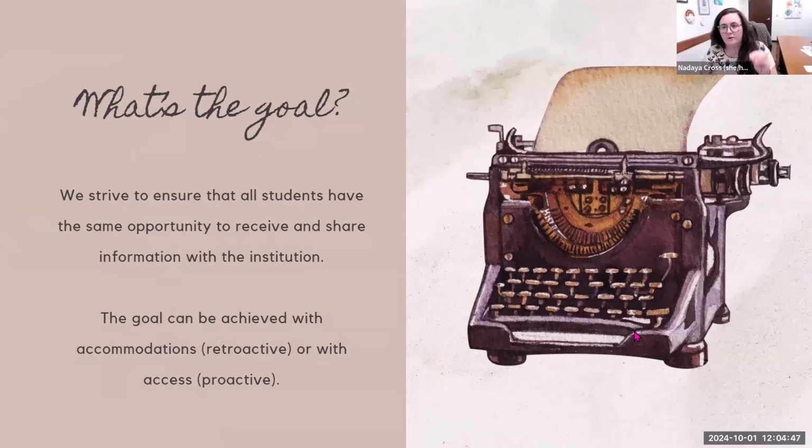That's really what this all boils down to. What ways, what avenues can we take to receive information from our students and to share information with our students? We can achieve this goal through accommodations, which is a retroactive approach, or we can do it with access, which is a proactive approach. Usually we end up somewhere in the middle.